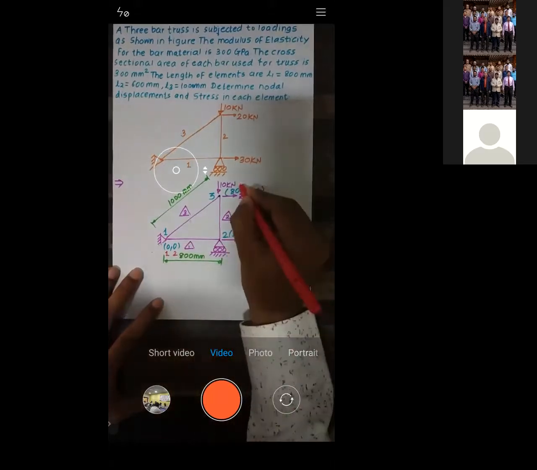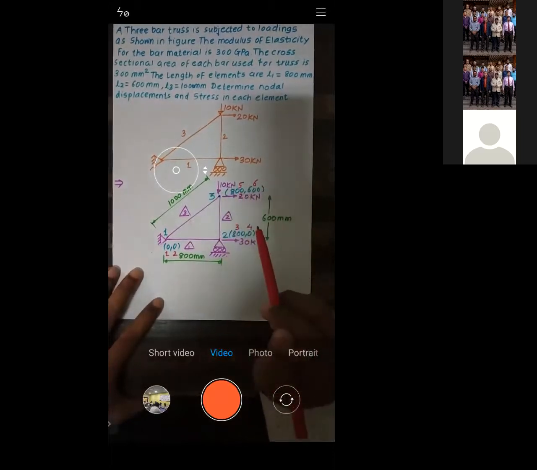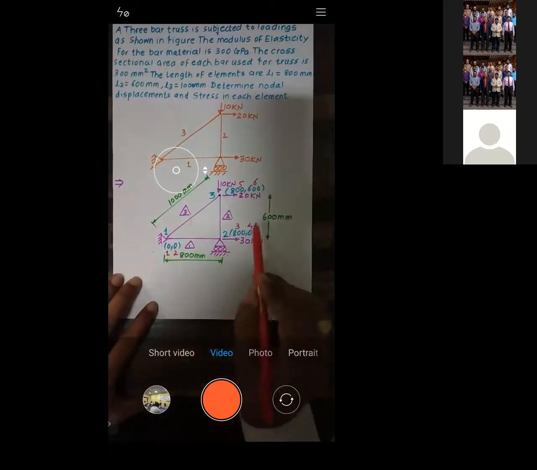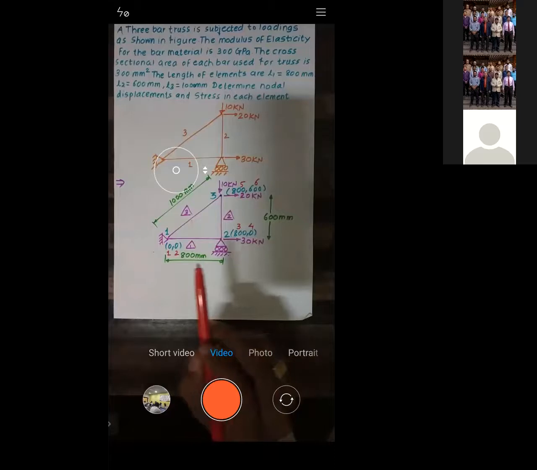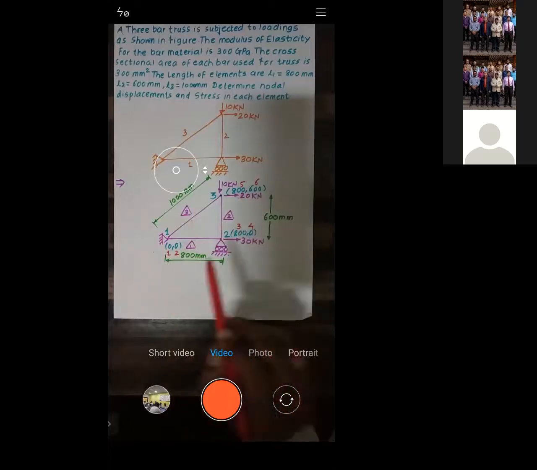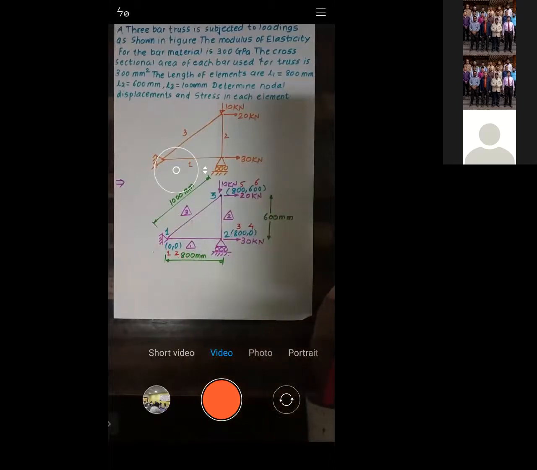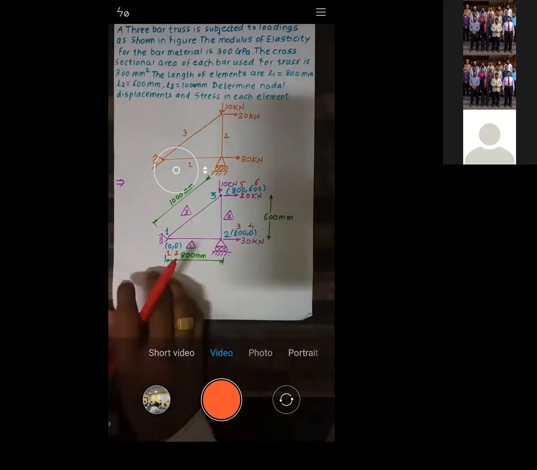Similarly, here I will assign 5 and 6. Meaning of 5 is node 3 can move in x. Meaning of 6 is node 3 can move in y. So this is xy, xy, and xy. Each node can move in 2 directions, one in x direction and other in y direction. So every node will have 2 degrees of freedom. The odd numbers indicate the displacement in x direction. The even numbers, that is 2, 4, and 6, indicate the displacement in y direction. Is that okay?